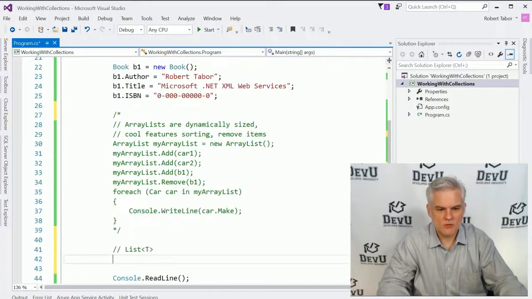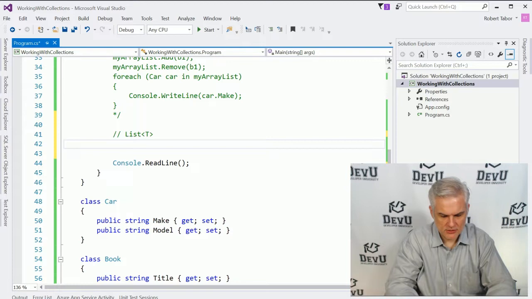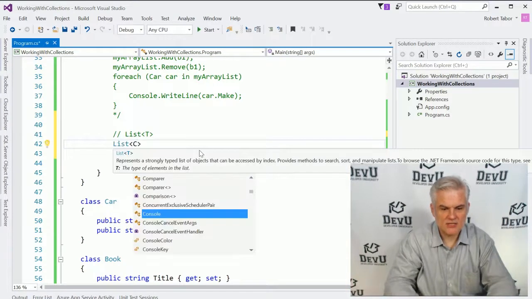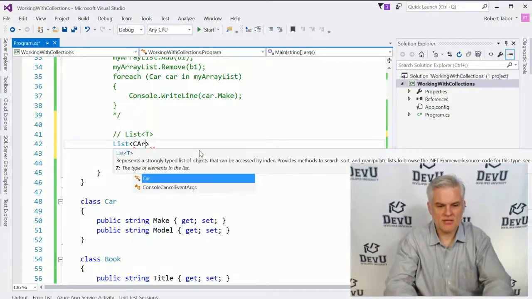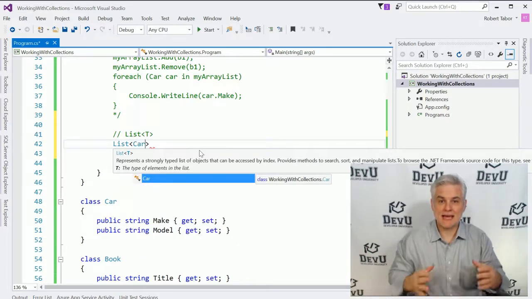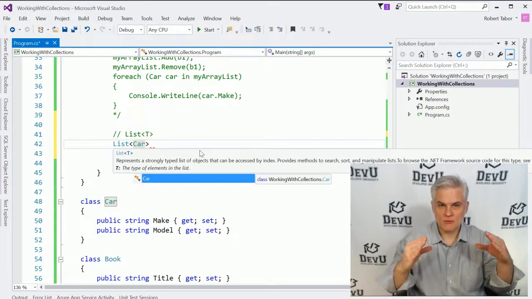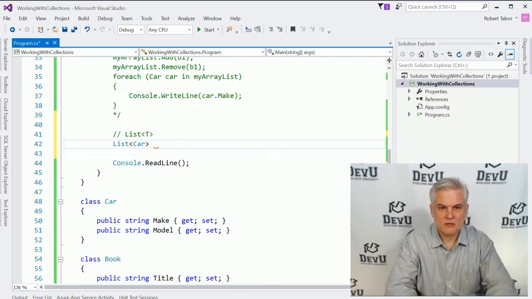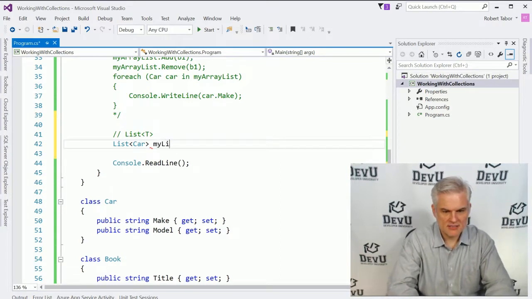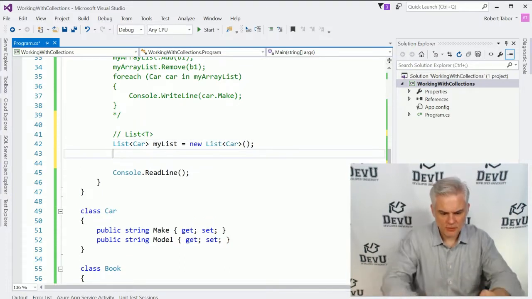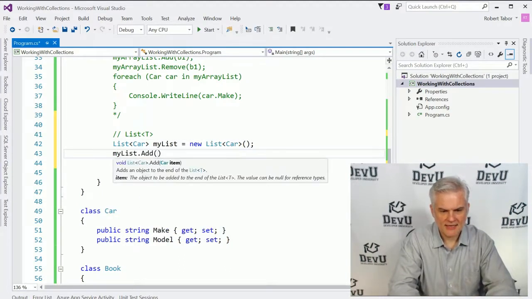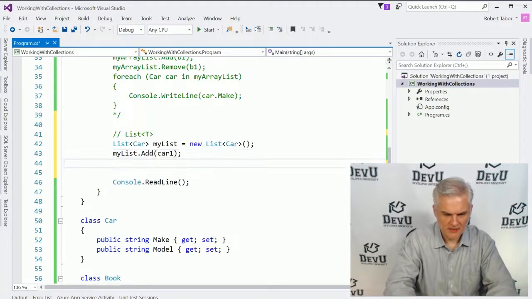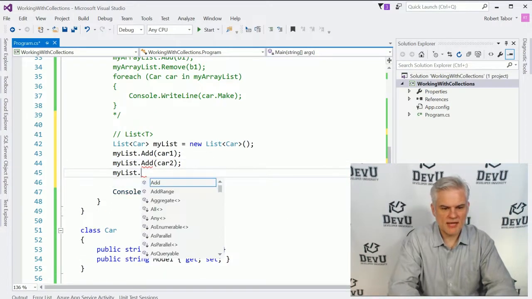So let's attempt to do this one more time. This time we're going to go list, and notice that I'm using angle brackets, and in between the angle brackets I'm going to say what data type I want to use. In this case I want to use the car data type. So list of car called my list equals new list of car, like so. And at this point we can go ahead and add car 1 just fine. We can add car 2 just fine. But what happens when we attempt to add the book